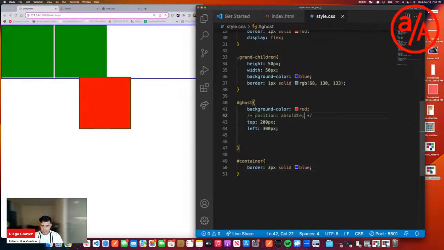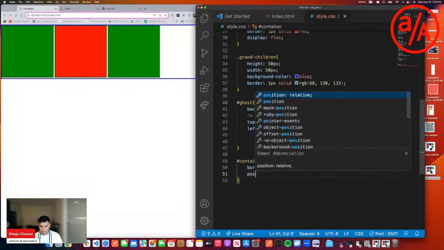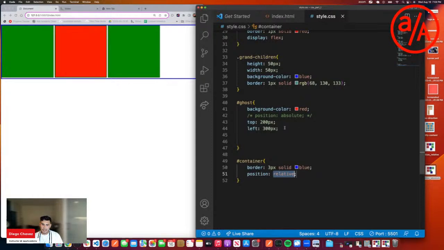So if I were to remove position absolute from this ghost here, one thing that I really like to hammer home with students is that position absolute and position relative are like awesome friends. They love to be used together. I'm kind of creating this anchor system whenever I use them in tandem. So whenever I put position relative onto the container, and I put position absolute onto the child,